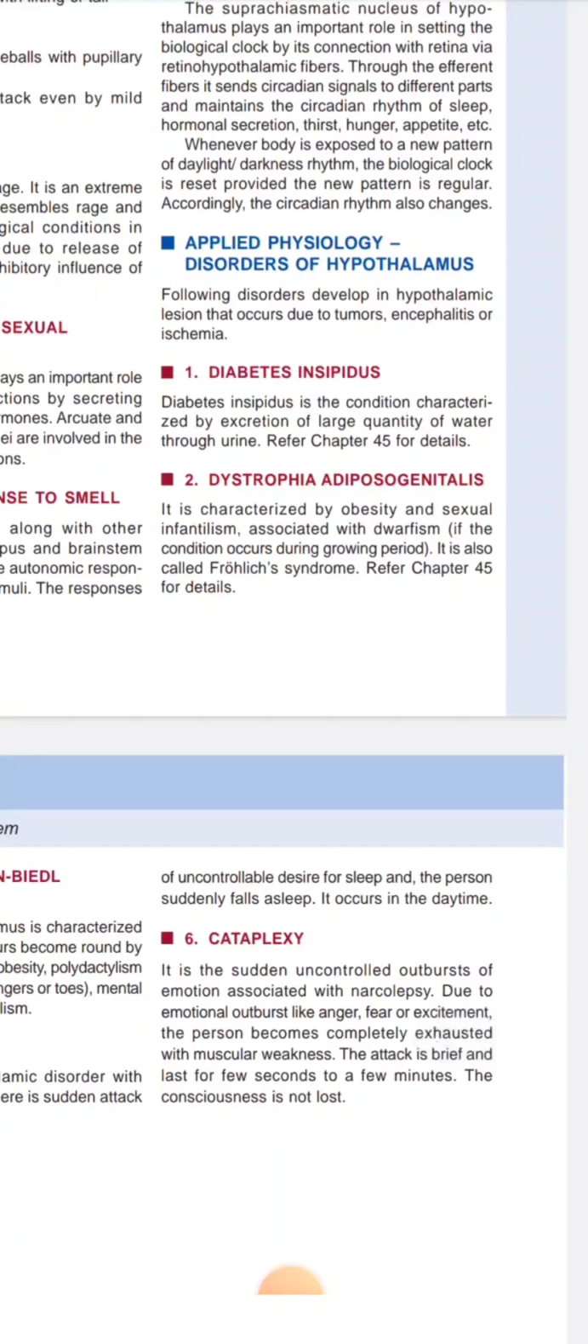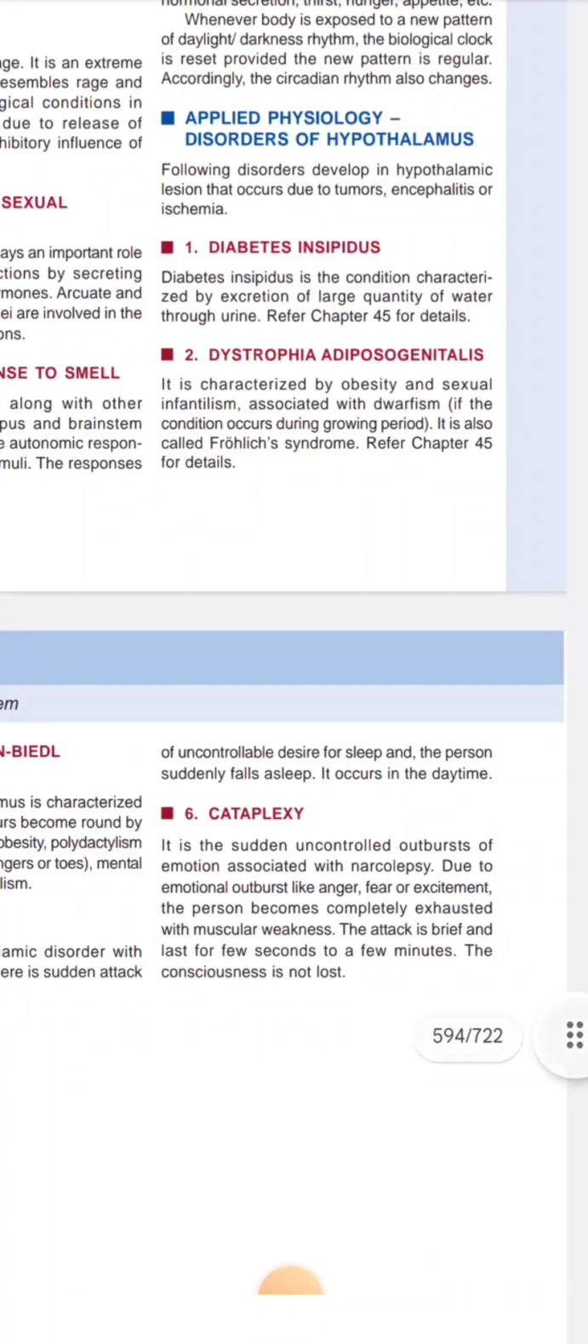Okay. Next, disorders of hypothalamus. Any lesions, any injuries in hypothalamus lead to diabetes insipidus, one type of diabetes in the body. And next,